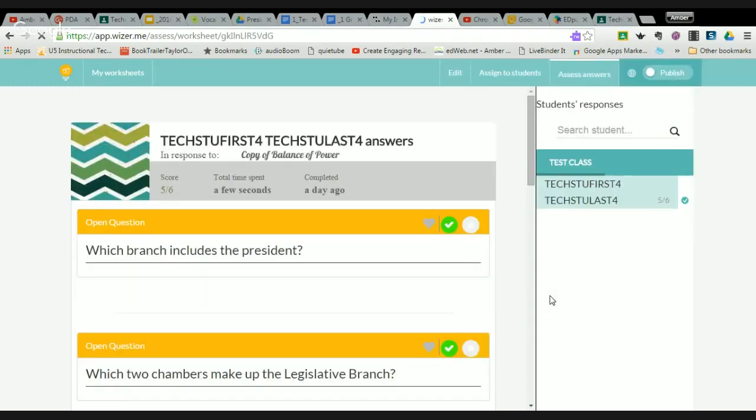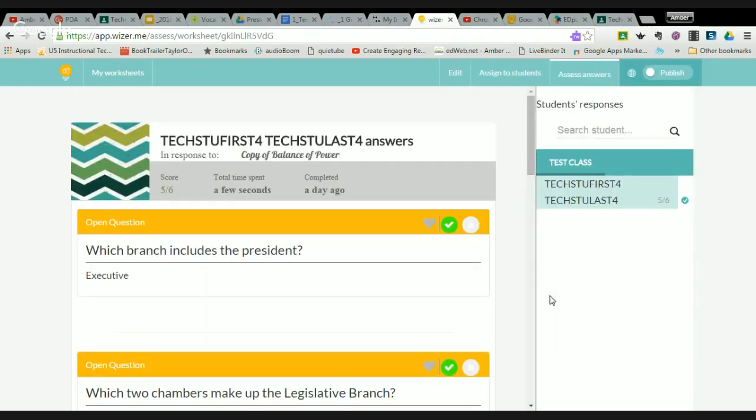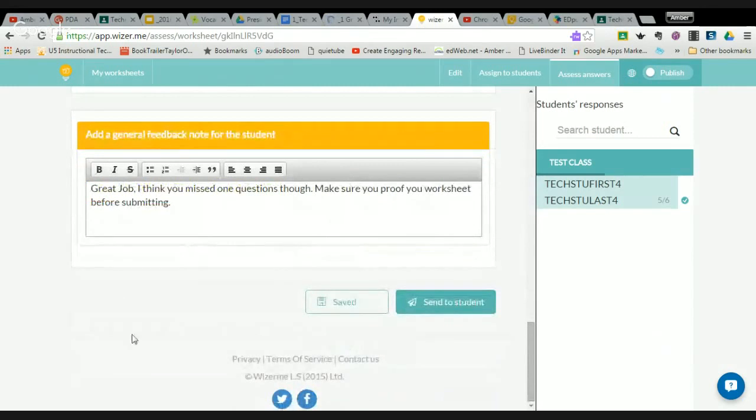So really, there's not much to it, which I loved. I thought it was awesome. And I can give some main feedback. So here, add general feedback down here: Great job. I think you missed one of the questions though. Make sure you proof your worksheet